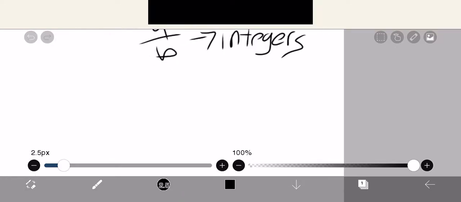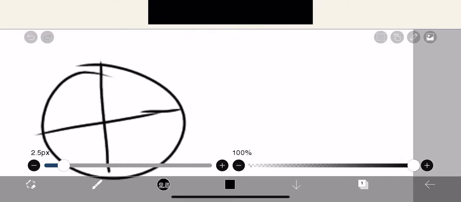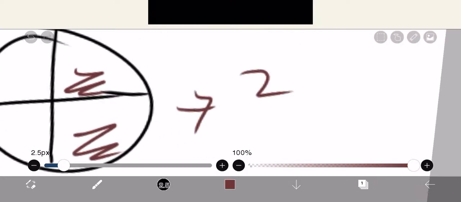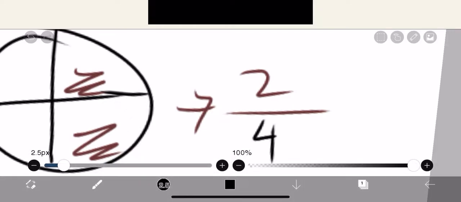So, why are fractions used? Fractions are used to describe part of a whole. For example, let's act like this is a pizza. And 2/4 of the pizza has barbecue sauce. That's how we figure it out. 2 is the amount of barbecue sauce there is, and 4 is the total, like